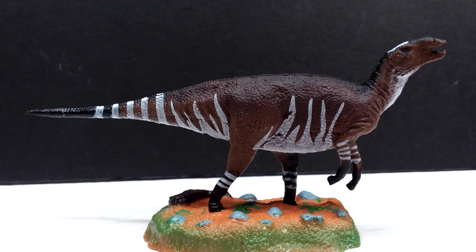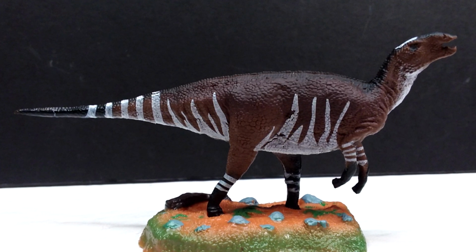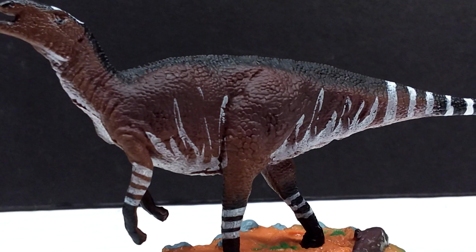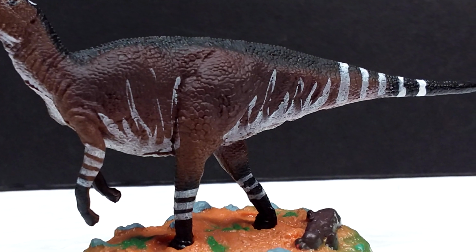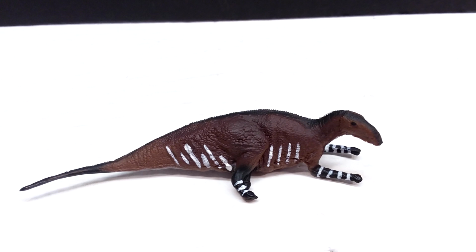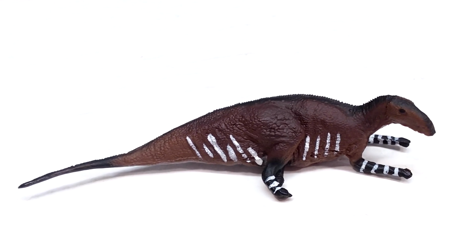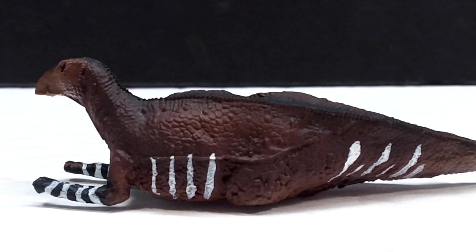All of that looks really nice, and just generally the texturing of the skin again looks so much more vibrant on these figures. Poses as well are really nice. I love the fact that we have a walking version here with a base, because it looks so super striking, and just a really nice, appealing-to-the-eye appearance for the Tethyshadros. And then you have the laying version, which is again a 100% realistic aspect of these dinosaurs. They're not always going to be running around, they're going to be relaxing. So Wild Past really bringing a lot of realism to the figures and creating something that in my opinion is